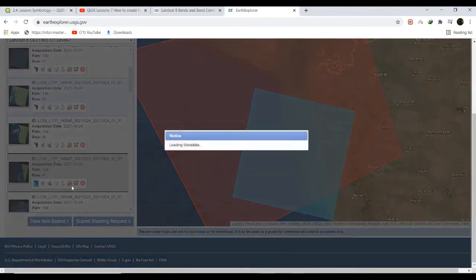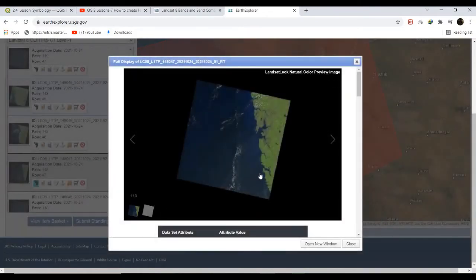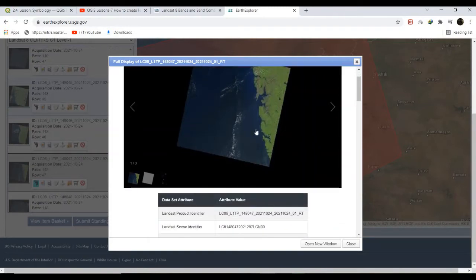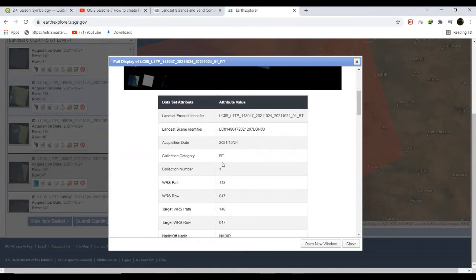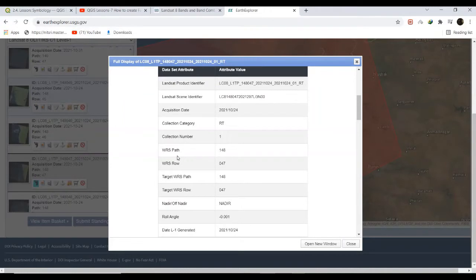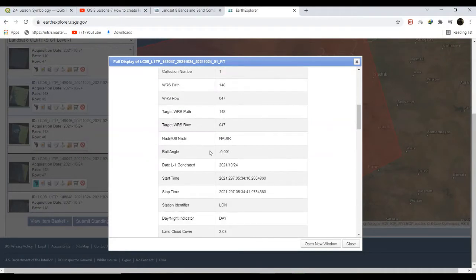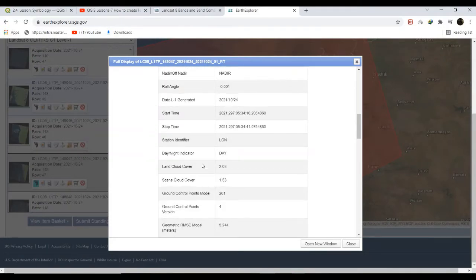This option shows us the specifications and characteristics of the data which we are going to download. So this is the image of that place and collection number 1, the path and row of the satellite, and land cover.